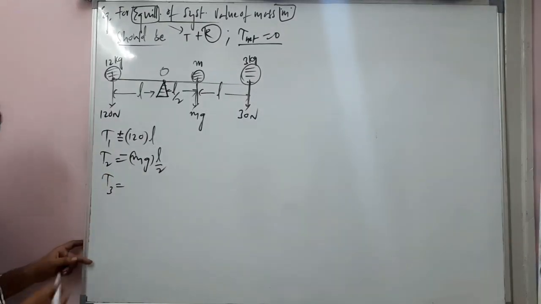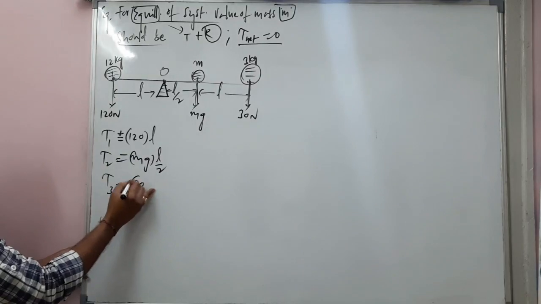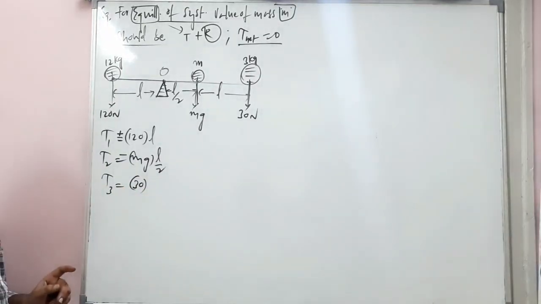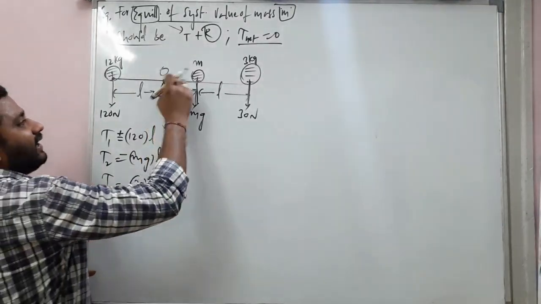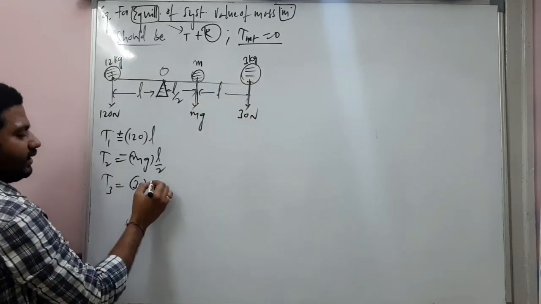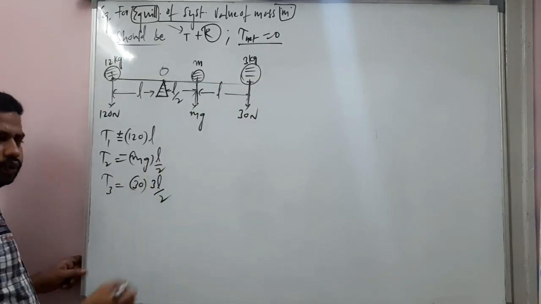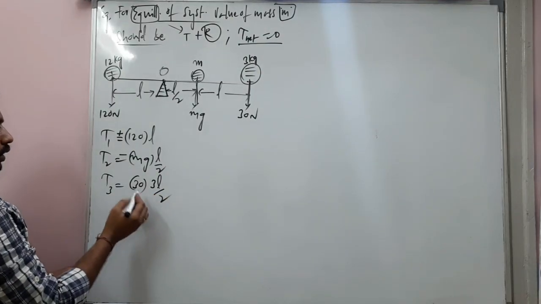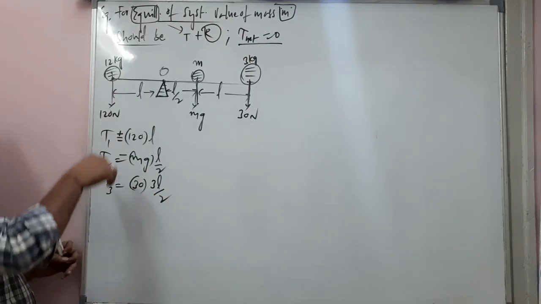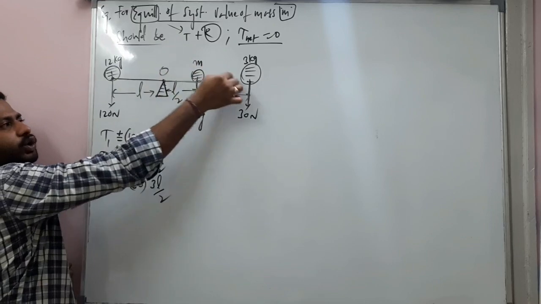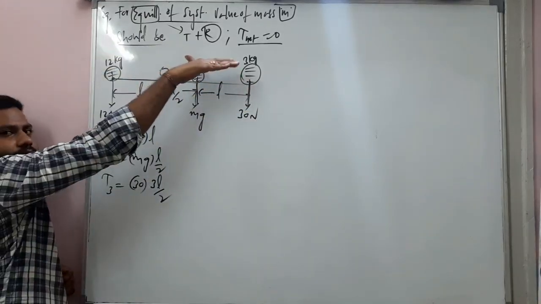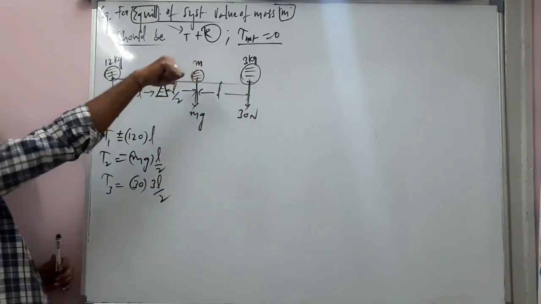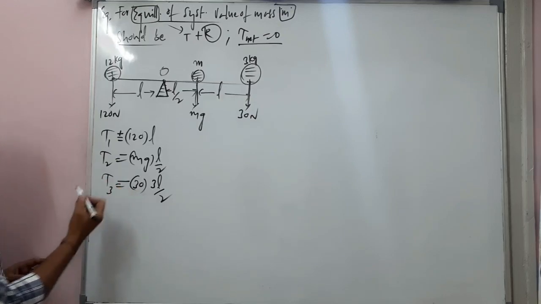Third case, torque is 30 newtons into the perpendicular distance, which is L by 2 plus L, that is 3L by 2. So this is R bar, from here to here, 3L by 2 is R bar, cross F bar. So the torque is into the plane and this is also negative here.